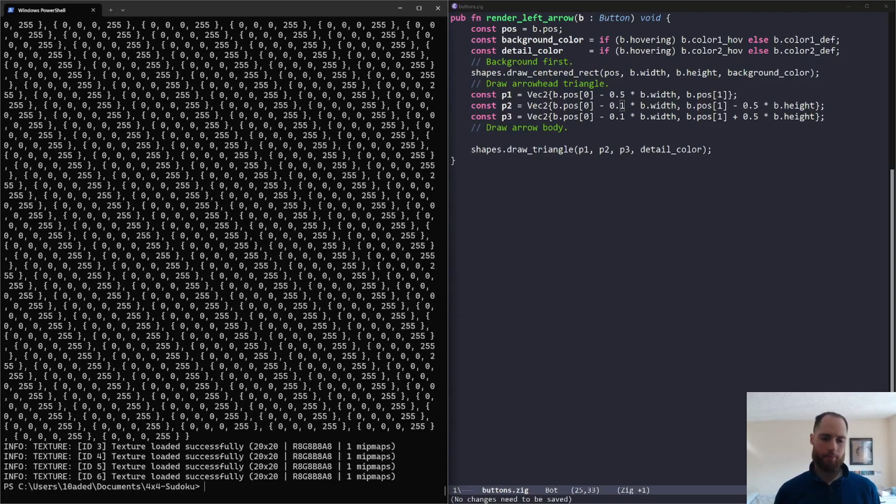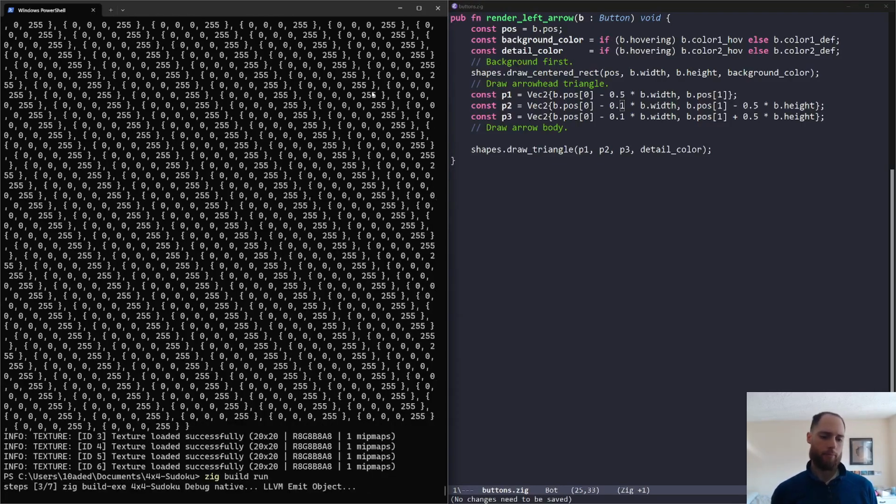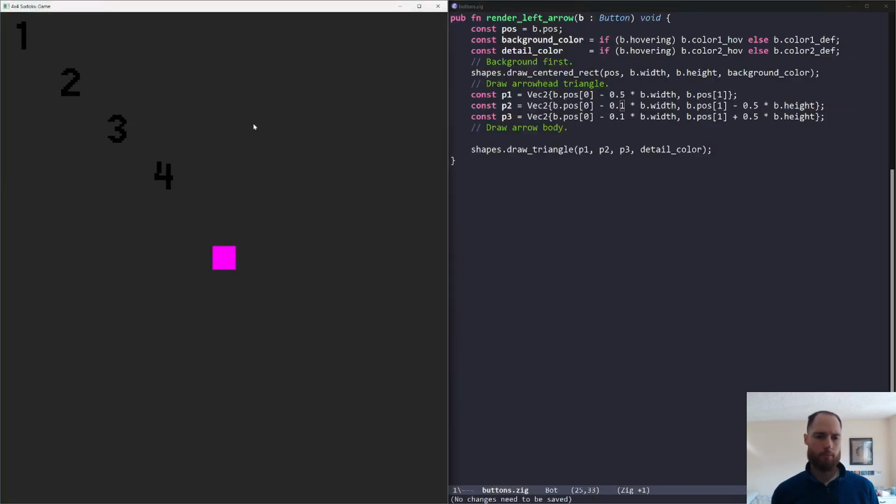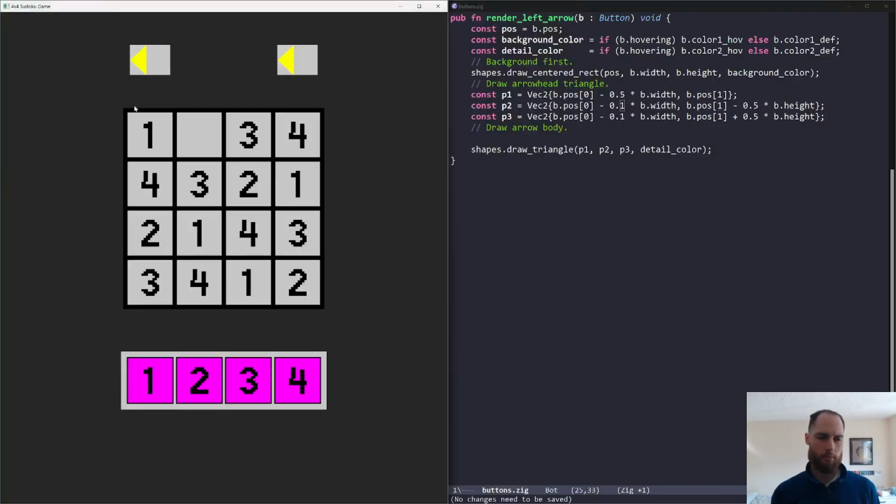Let's see. Yeah, I think this is okay. And now when we're drawing the arrow body, all you need to do is draw a rectangle. In particular, draw a centered rectangle at